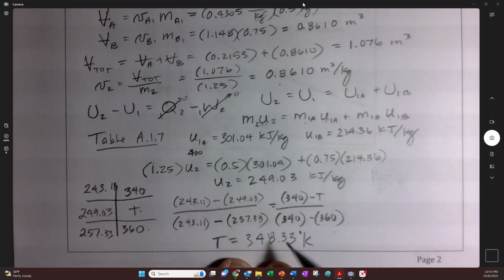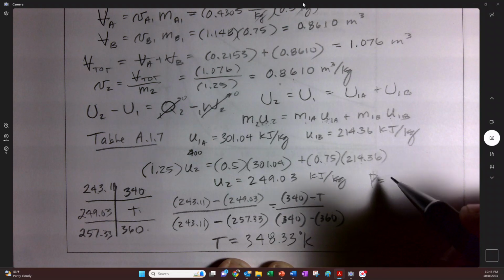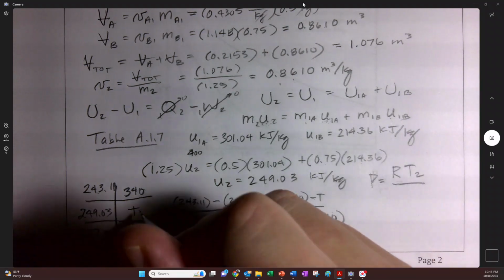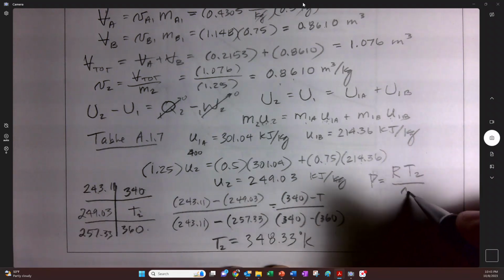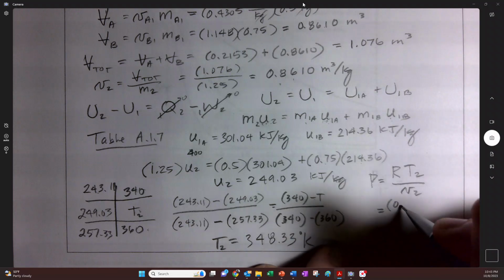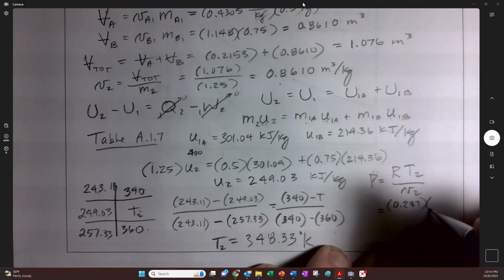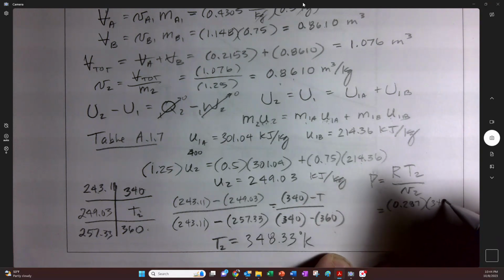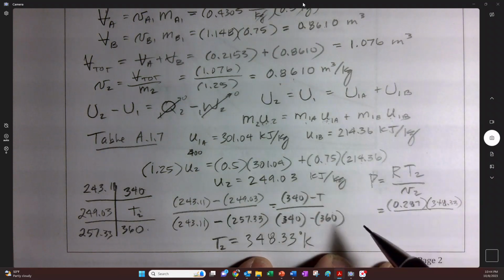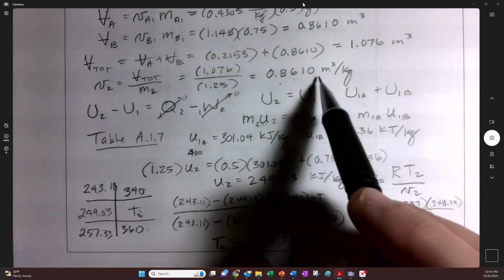We could find this, right? That you could find P is going to be equal to RT2 over V2, right? And so that's going to be 0.287, and that's 348.33, and it's divided by, did I get that right? Yes, up here somewhere, right there,